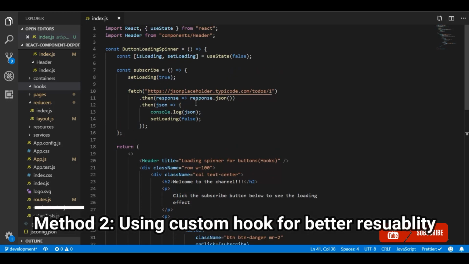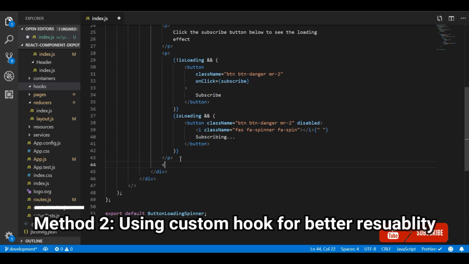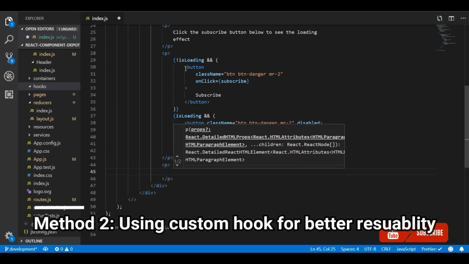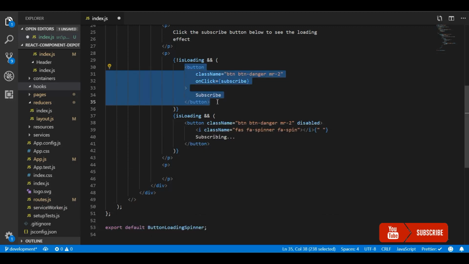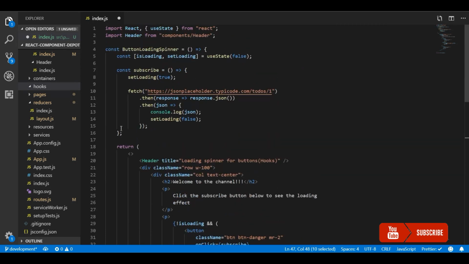This is a method you can use throughout your application. The second approach is where I will create a custom hook. From the hook we will directly modify the button in the DOM. I don't know if it is a recommended way of doing this, because we are modifying using refs. It's the same approach, but instead of having loading in the state, we will have it from a hook.